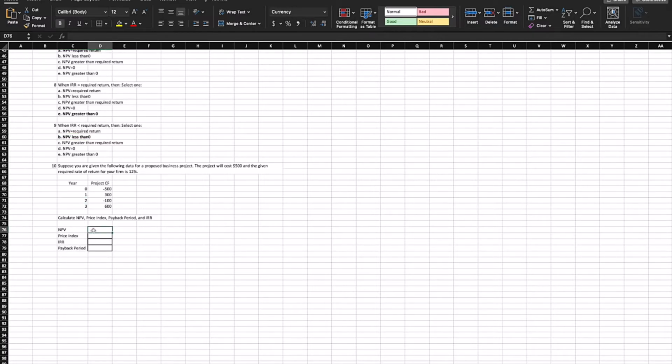So luckily for us, we're on Excel, so we can type in NPV and we're given a rate. So in this proposed problem, suppose you are given the following data for a proposed project. The project will cost $500 and given a rate of return of 12% for the firm. So like it says up here, our rate is going to be 12%. And then our values, so using